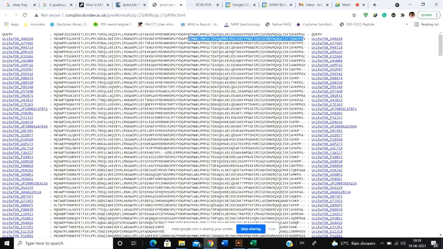So this actually gives us an idea that this entire stretch must be functionally important. The C-terminal end of this protein must be functionally important. If it is an enzyme, then it might be the active site. It might be the allosteric site. It might be the major structural site, and that's why it doesn't contain any mutation.